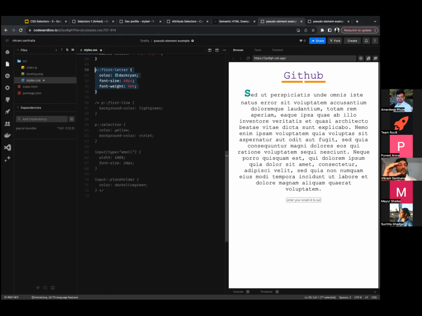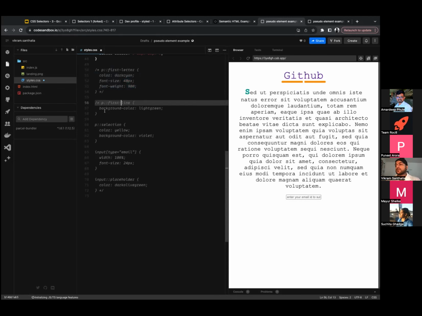Sometimes when you want to emphasize, I have seen designs where you want to emphasize the initials of the name. There also you use something like this first letter. Again, very powerful. You need to remember this. Similarly, you can use first line, and first line actually works with your